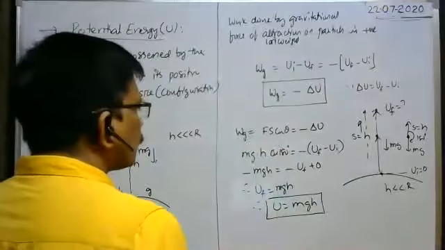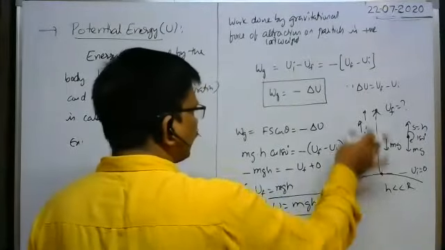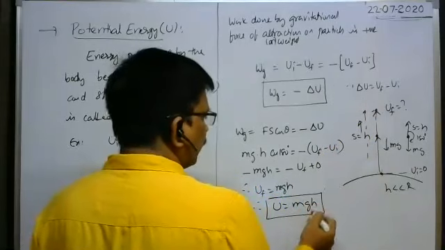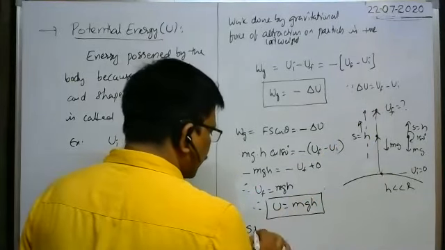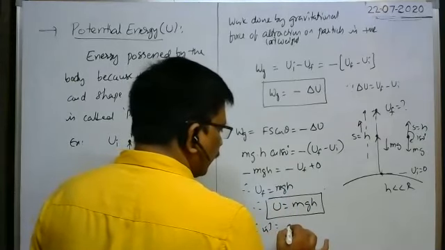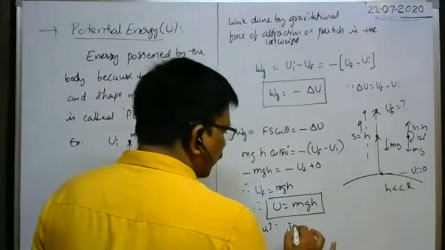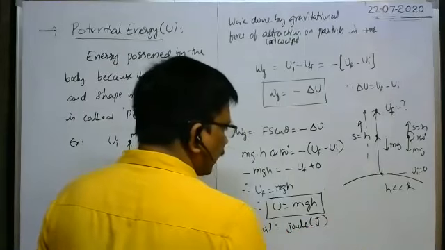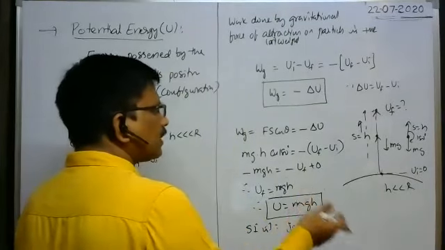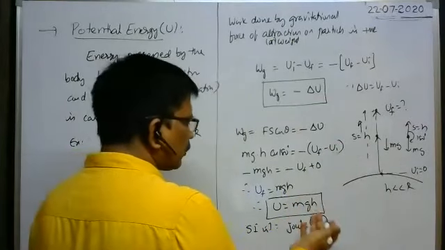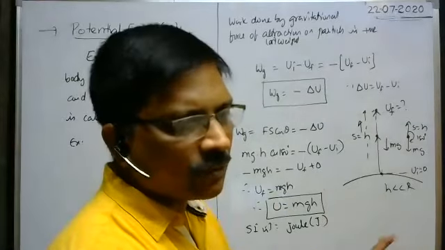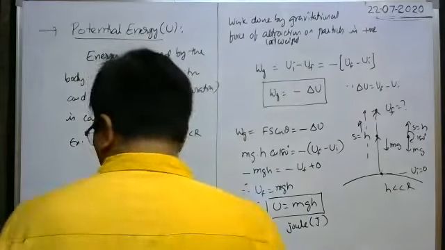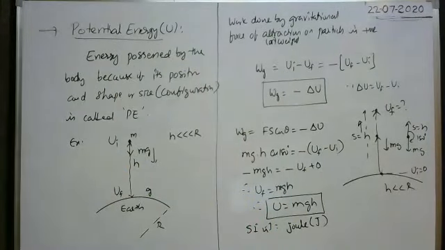Right. So the potential energy of a body when it is at a height H is equal to mgh. Potential energy is also nothing but energy. That's why in the SI system it is measured in joules only, symbol capital J. The dimension formula is the same as kinetic energy or work. Energy and work all have the same dimension formula and the same units. This is the formula for the potential energy of a body.